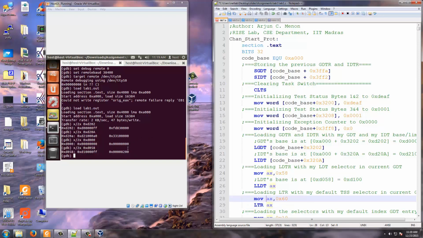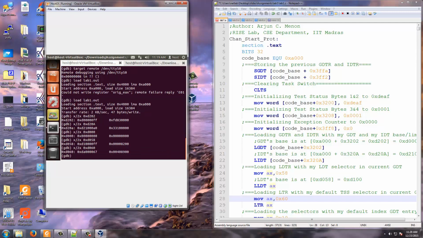Okay. Now we see what is 0x60, x/2x 0xD060. What is that? Please note that this is basically a task state segment descriptor of privilege level 0, 4089 here, and is a 32-bit task state segment descriptor which starts at DA00 and its size is 67.